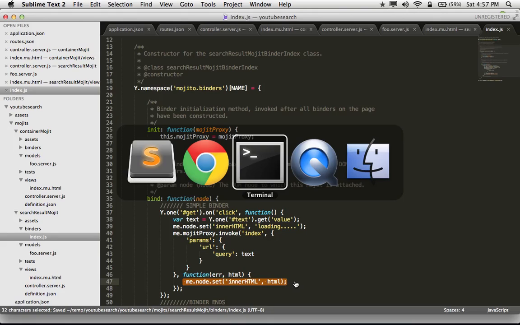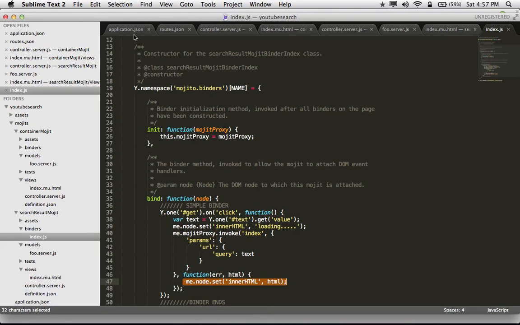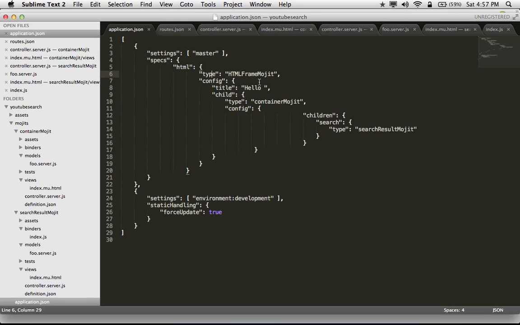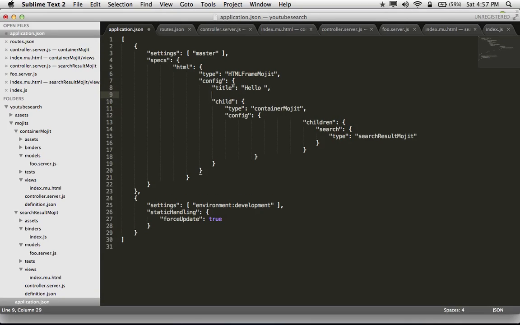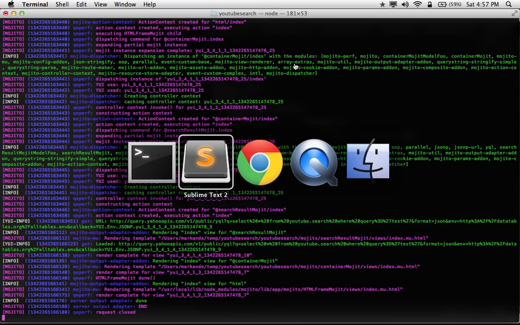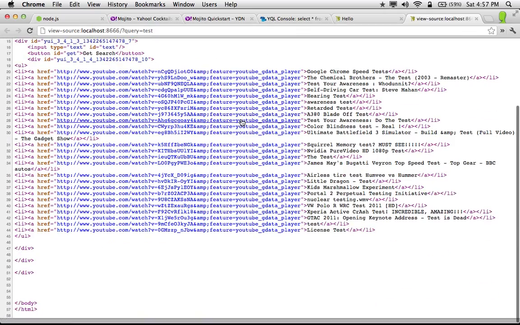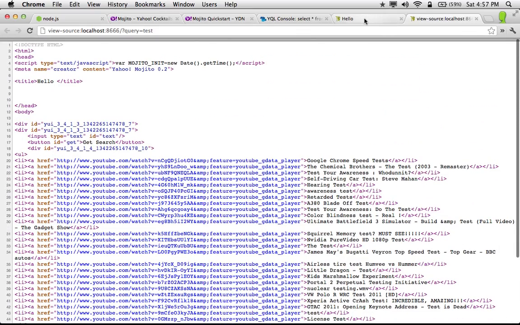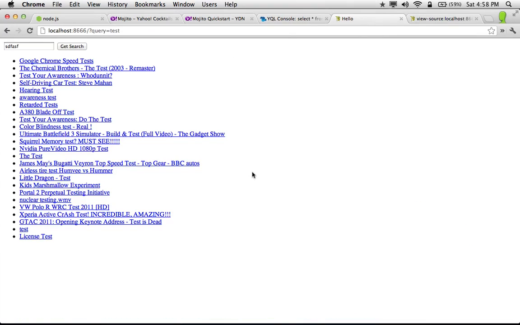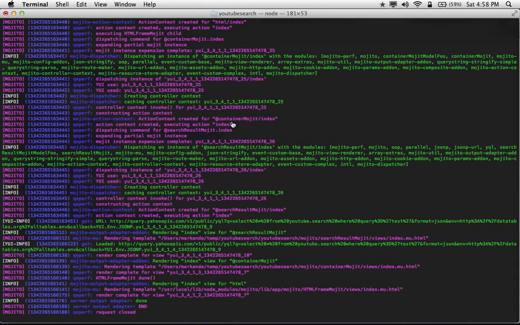But before that, in application.json you have to specify that you want to deploy this to the client. So there is an option, deploy, and if you say true... You might be seeing here the markup, which doesn't have much other than the markup. There is no JavaScript executing right here. It's because everything is getting executed on the server side. So now if you say deploy true and restart your server,